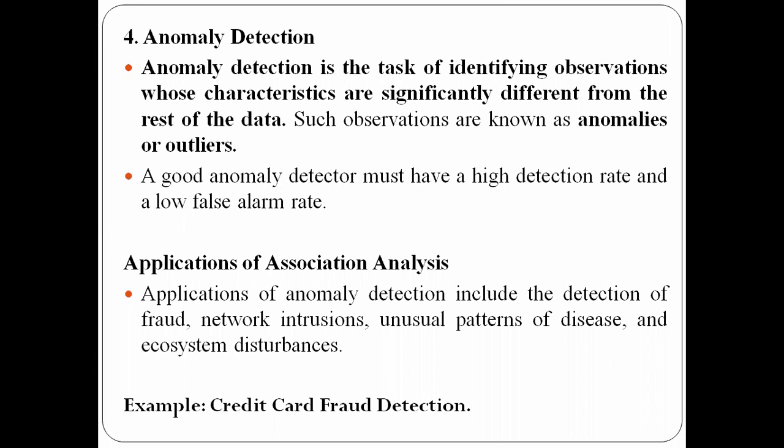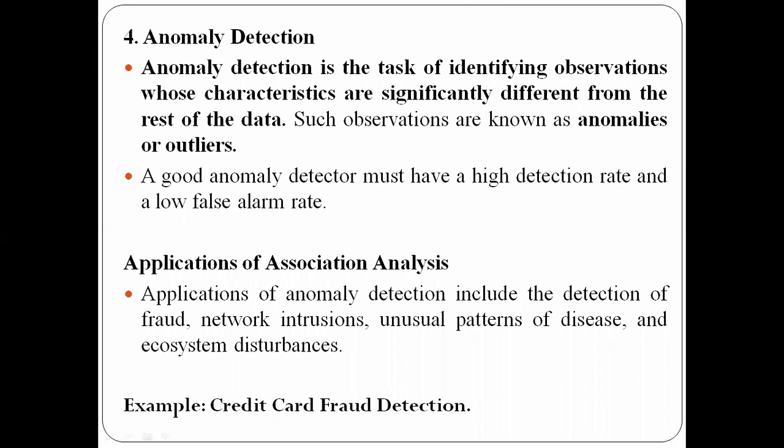In order to find that, the credit card companies will compare the normal transactions with such fraud. Suppose the amount withdrawn is above some threshold, that will be informed to the customers so that they can lodge a complaint. So that is one kind of application of anomaly detection. In anomaly detection, they identify the observations whose characteristics are completely different compared to the rest of the data, and these observations are called anomalies.